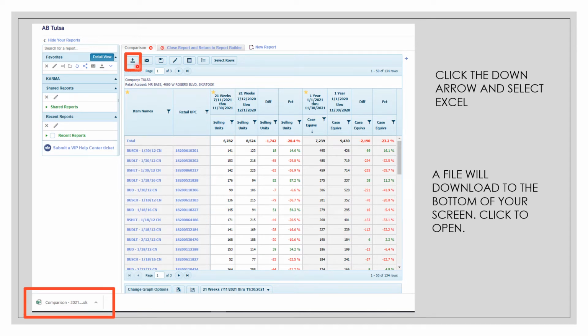So then click this arrow down, which is called the export button, and it's going to give you an option between an Excel file or a PDF file. Just click on Excel, and then a file will download to your bottom taskbar down here. It'll be labeled comparison and whatever. So then you'll click on that,